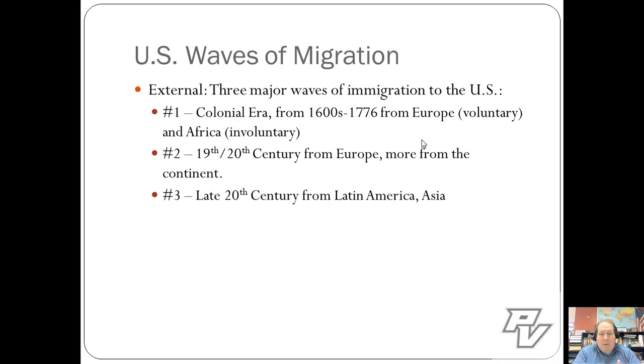The second major wave of immigration was in the 19th and 20th centuries, from about 1840 to 1920. The first two peaks of that immigration were coming from Germany, Ireland, and later on from Norway and Sweden. This is why you see a lot of those populations, and a lot of the influence of those cultures, in Ohio, Pennsylvania, Michigan, Wisconsin, Minnesota, and throughout. The third wave, the current one, is from Latin America and Asia. That's the wave we're currently in. We're seeing that it might be starting to taper off, but again, we'll see.